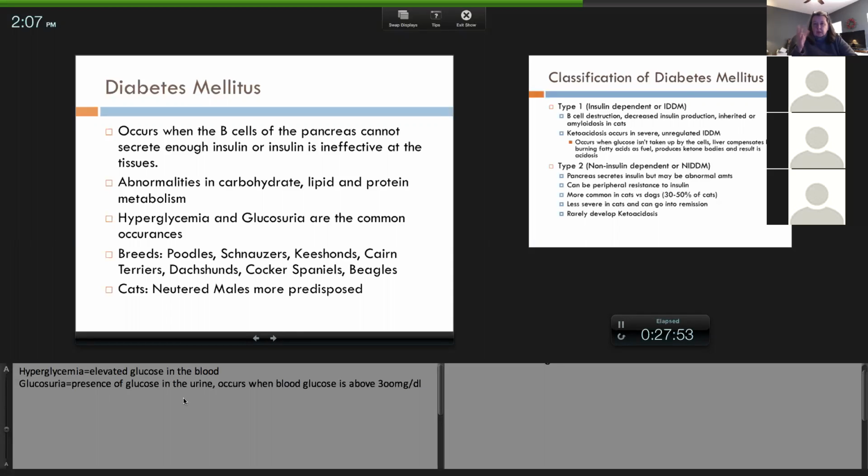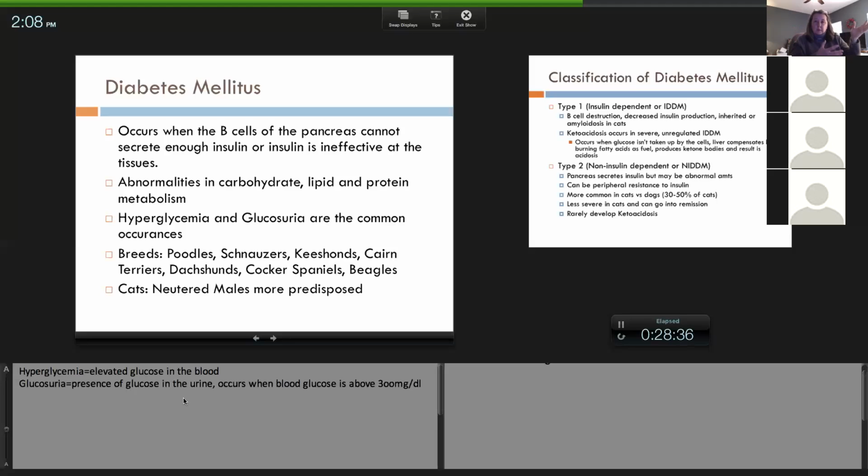So it goes from the blood into the urine. By the time you have a positive glucose in the urine, you know it's already reached about 300 in the blood. So that's how I want you to understand it. If your glucose is below 300, if it's 200, you're probably going to have a negative urine glucose, because you haven't reached enough in the blood for it to show up in the urine. But once you've reached that level in the blood, it starts to spill into the urine. So glucosuria is pretty significant, because we know if it's in the urine, the blood level is up here.